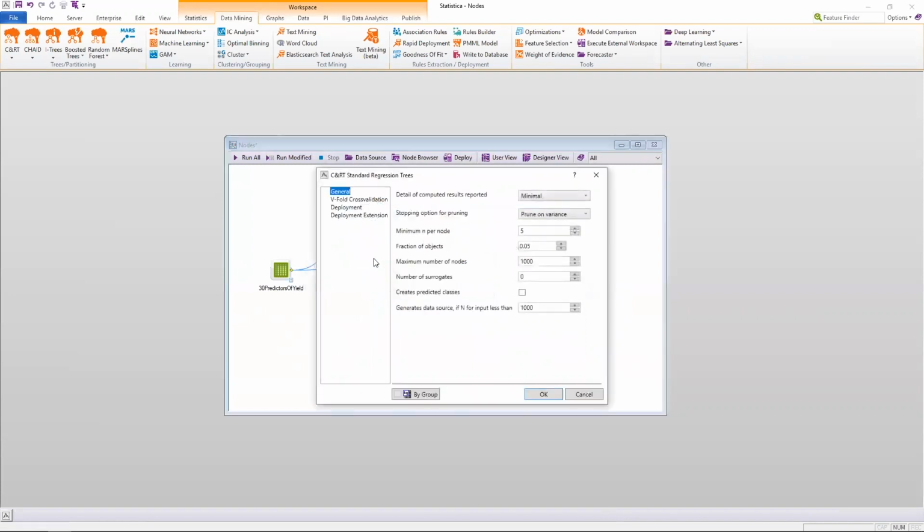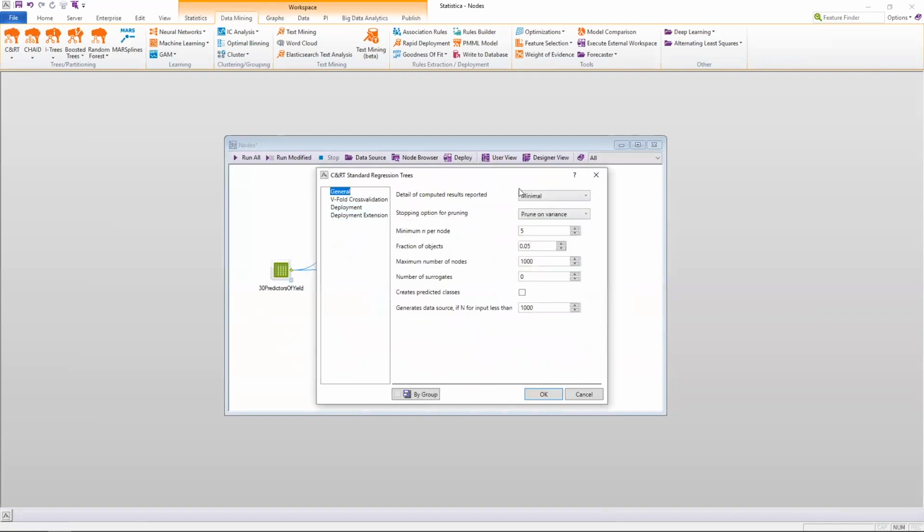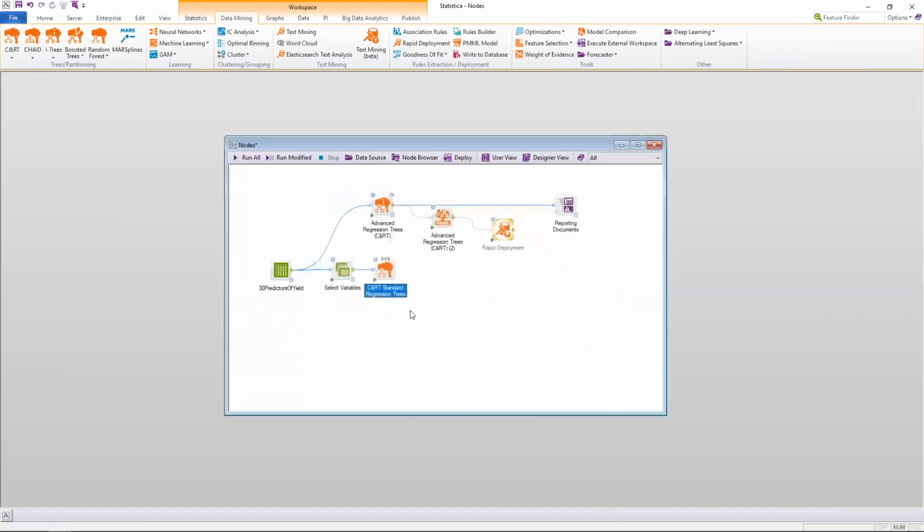Moreover, I have a little bit less control of the parameterization of this algorithm. So you'll see that I do have some stopping criteria, some options for v-fold cross-validation, but not as great of control over the parameterization as well as results. So for results, I have 3 options: either minimal, comprehensive, or all results. For this example, I'm just going to choose minimal. So when I run this node,